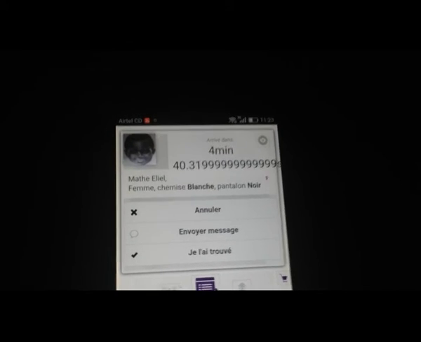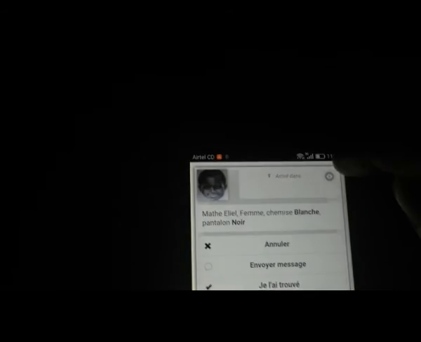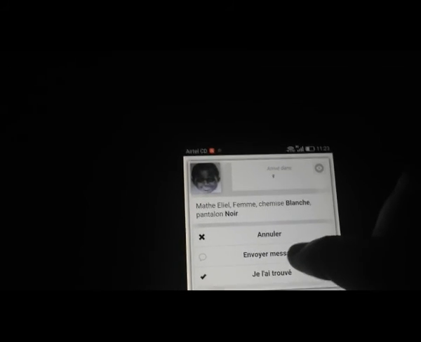Then at the user side, the client side, it says that this man is coming, and I can see his photo so that I can know him, and I can cancel or send to him a message, or even accept that I found him. When I accept that I found him,